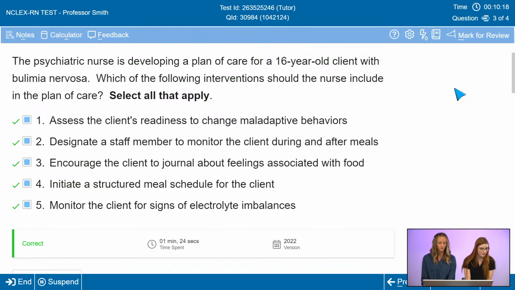And it looks like we've also put in the chat a link to the NCSBN's website, and that is who makes the NCLEX, makes the test plan. We talk about all of those things. There's a link that's been put in the chat on how to respond to questions on the NCLEX, and what your options are and what that looks like. So I would encourage you guys after this to look at that, as well as some of the FAQs that they've also just linked in there.